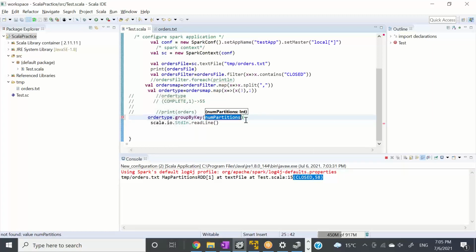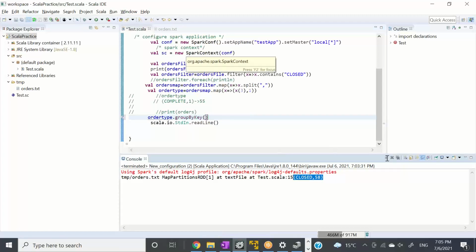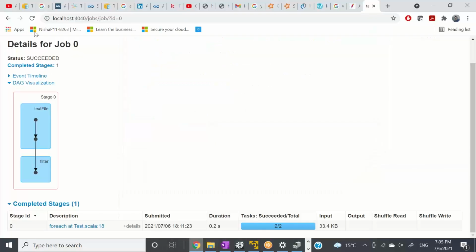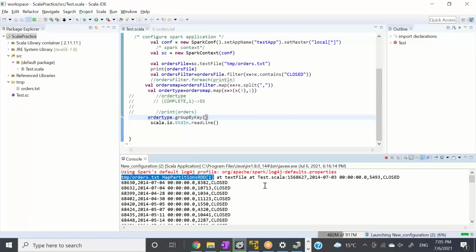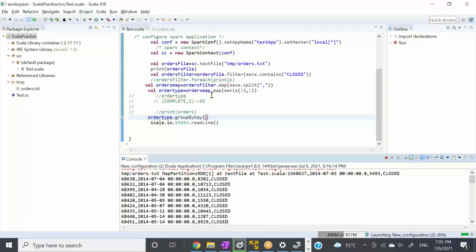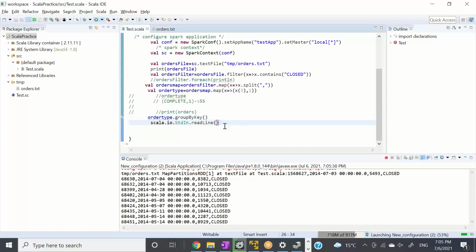Okay, so let's say group by key and stop this. So reduce by key is a narrow transformation. That's where only 1 stage is created. Now let's run this program with one broad transformation, that is your wide transformation.